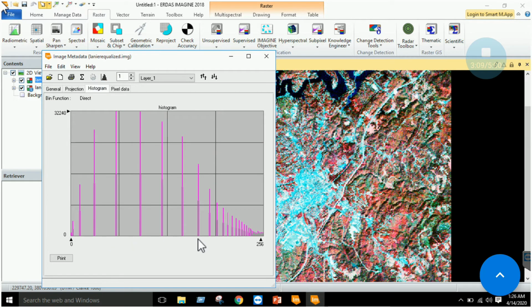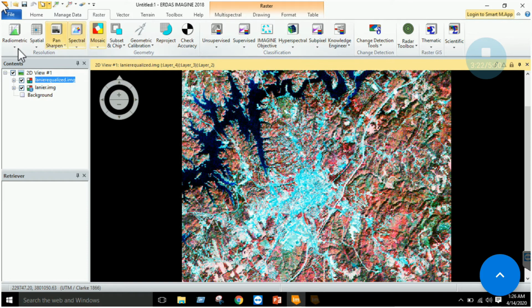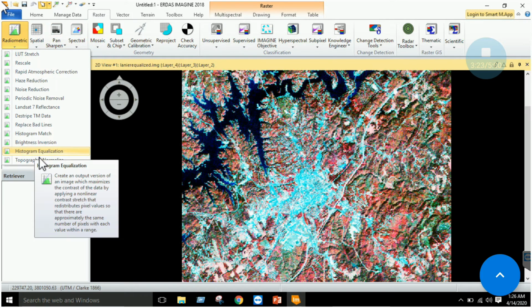So here you can see that your data has now been divided into bins, right? This thing which you covered in theory, that your histogram can be divided into bins, is actually done by the histogram equalization method, right?